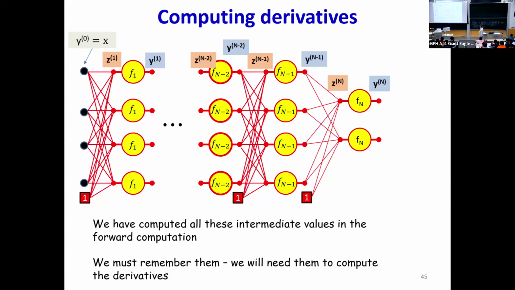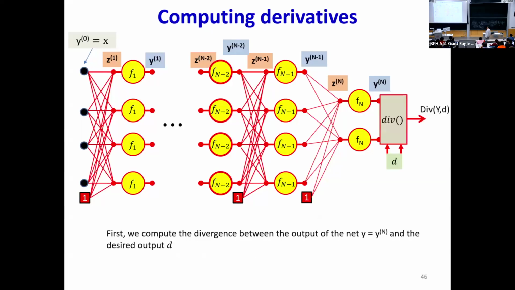And we need to remember these because we are computing derivatives, right? And we know that the derivative depends on where the derivative is computed. So when I want to compute the derivative of any particular y with respect to any particular z, I need to know what the z is. That's why we are performing this forward pass, so that we can find out all the z's and the y's, right? Subsequently, we're going to compute a divergence between the output of the network and the desired output of